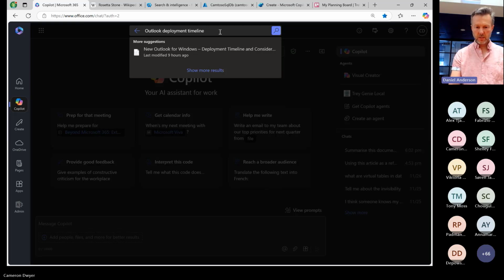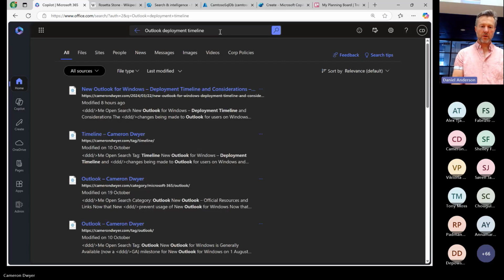And if you can connect data in through a graph connector, this is just Microsoft 365 search. These results that are coming back, our deployment timeline, I know that's something I would blog about on my website. And as you can see here with these URLs, these results that are coming back aren't from within Microsoft 365. Typically, Microsoft 365 search would only give you results from inside your tenant. This is giving me sites from out in the web, because we've added these in as a graph connector. Microsoft 365 knows about them.